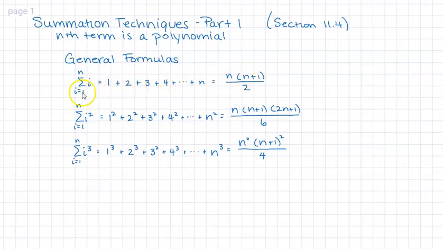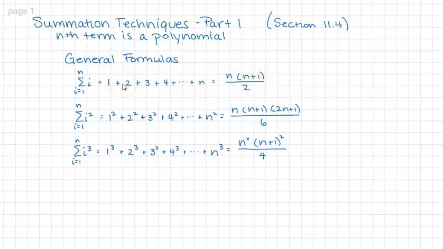So anyway, i starts at 1, so you plug in a 1 for i, and it's 1. Then you go to 2, i equals 2, and you plug in i equals 2, and you just get 2. When i equals 3, it's 3. Like, it's really easy. So anyway, you just add them all up until you get to the last term, which is going to be stopping at n. So you plug in an n for i, and there's your last term. So it's just a summation of the numbers 1, 2, 3, 4, all the way up until n, and it turns out that wherever you stop, that value for n,